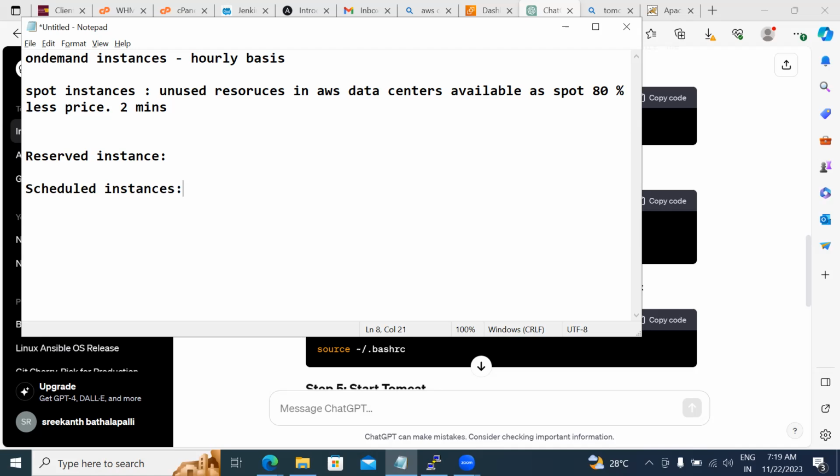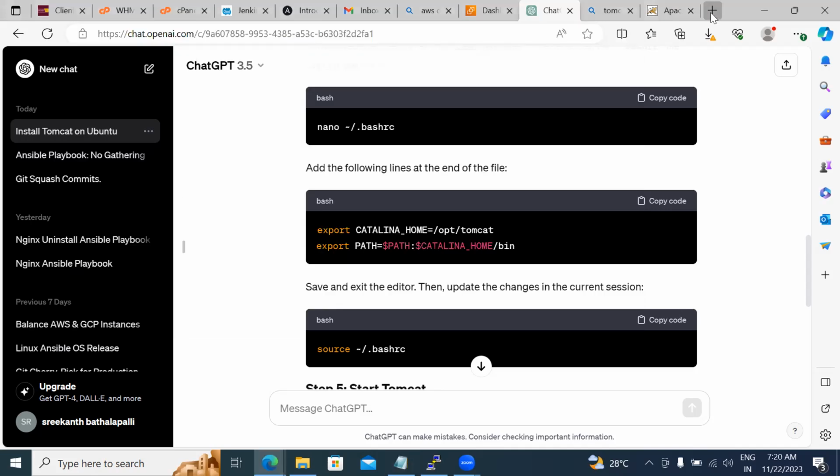T2.micro may be available at any point of time. There may be some specific hardware that they will also have a shortage of, and in that zone it may not be available. Or in that region, that hardware may not be available. How will they configure? Here, I'll go for